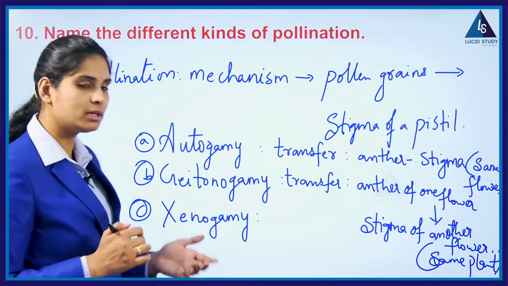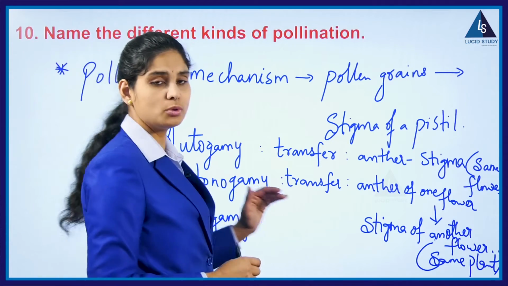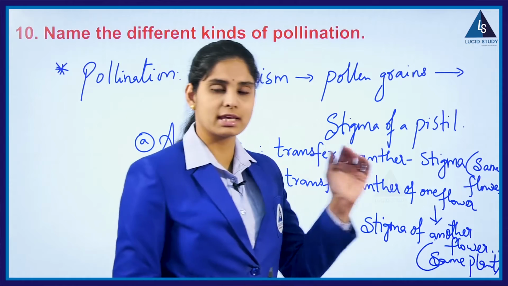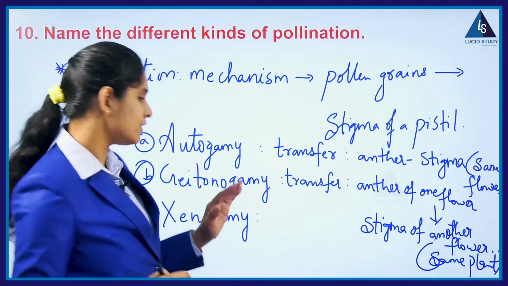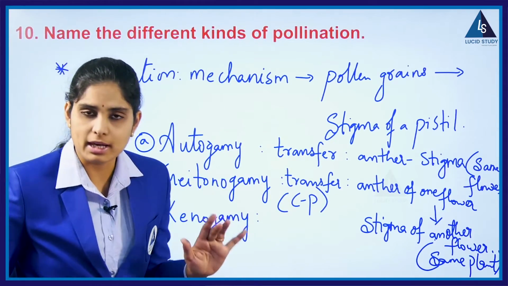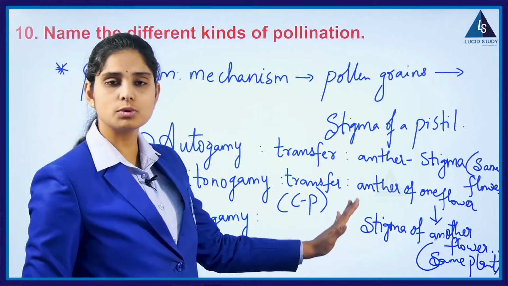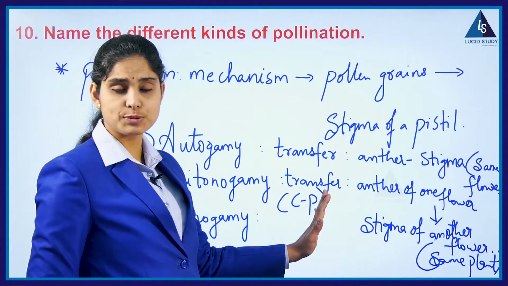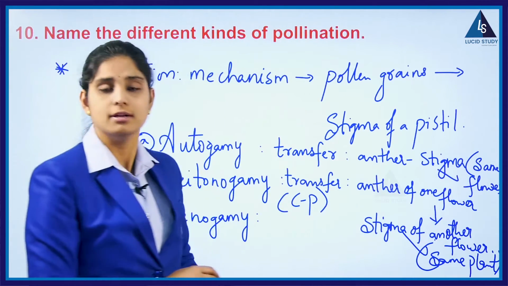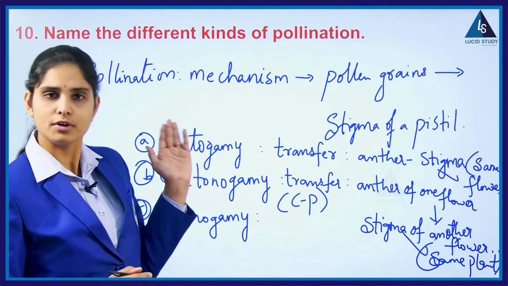Now, what is xenogamy? Quite the opposite. But before we talk about xenogamy, we know that geitonogamy is somewhat equal to autogamy, because the transfer is taking place within the same plant. Even though we say this is a kind of cross pollination, since the transfer goes to a different flower, the mechanism is matching autogamy, because what is happening is happening in the same plant, which also took place in autogamy. So, we say it is partially an autogamy type of pollination.